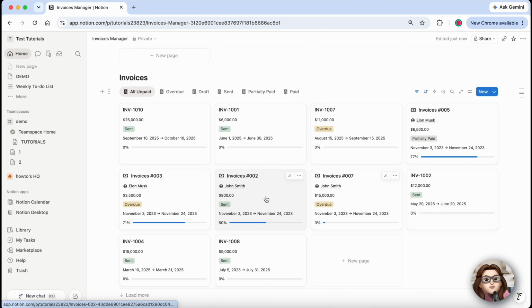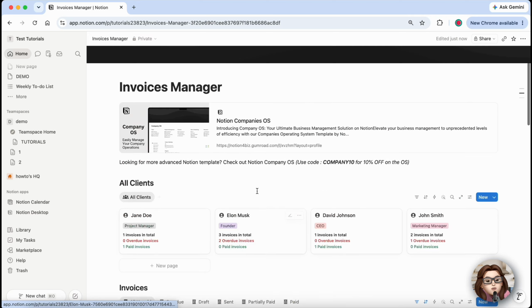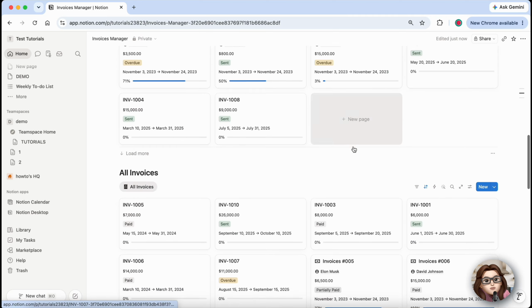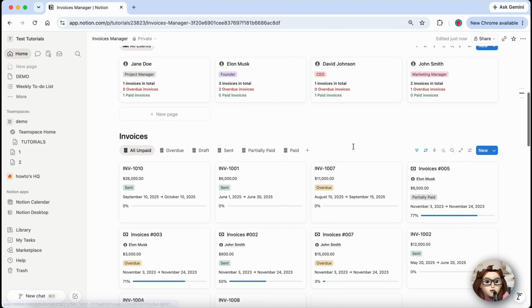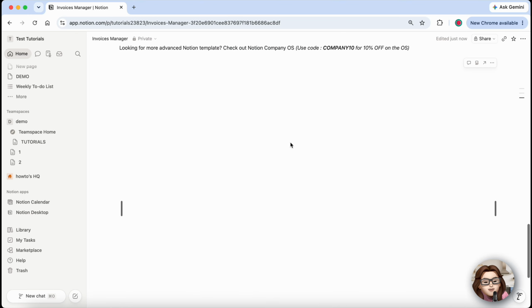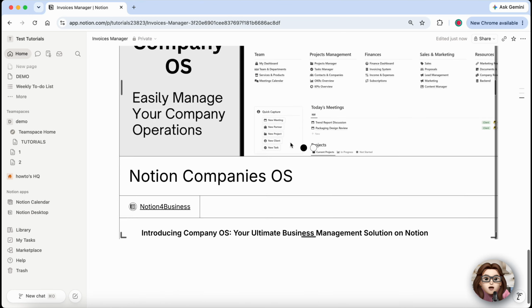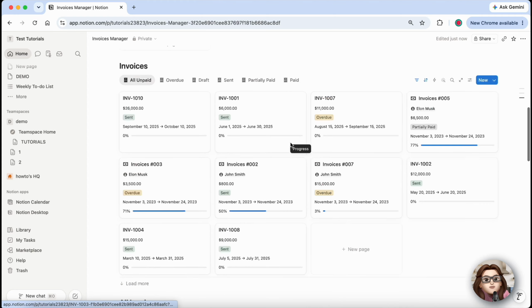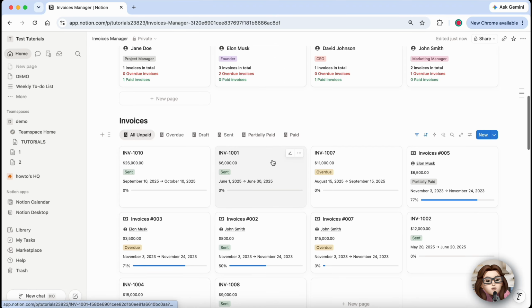To connect Pop Invoice, open the integration or automation settings provided by Pop Invoice and authorize access to your Notion workspace. Select the Invoice Manager database you want to use, then map the invoice fields so information is synced correctly